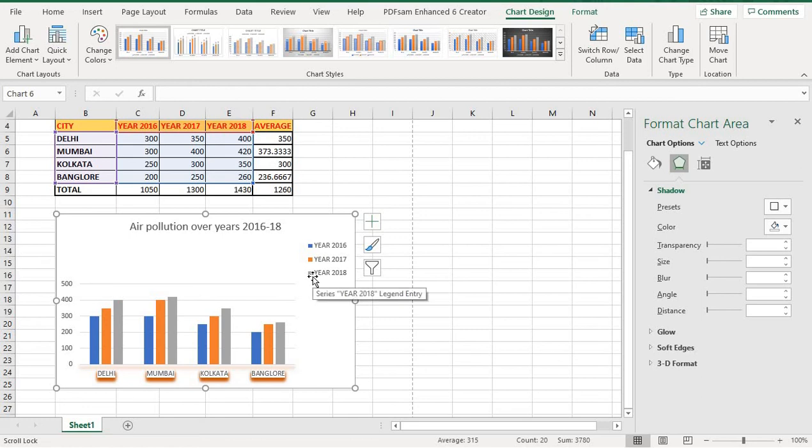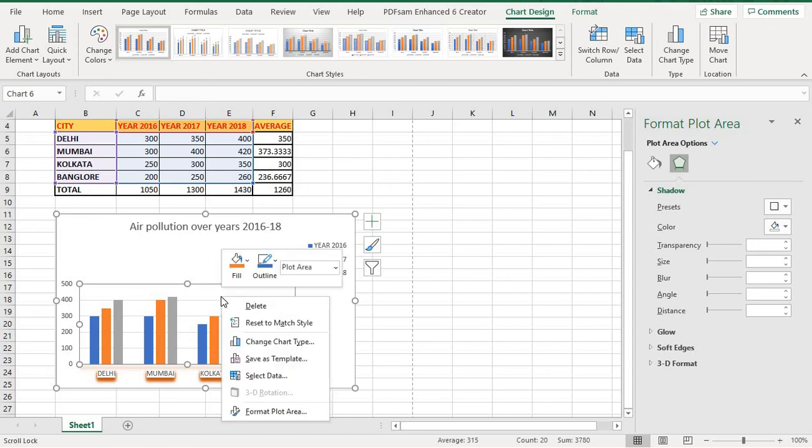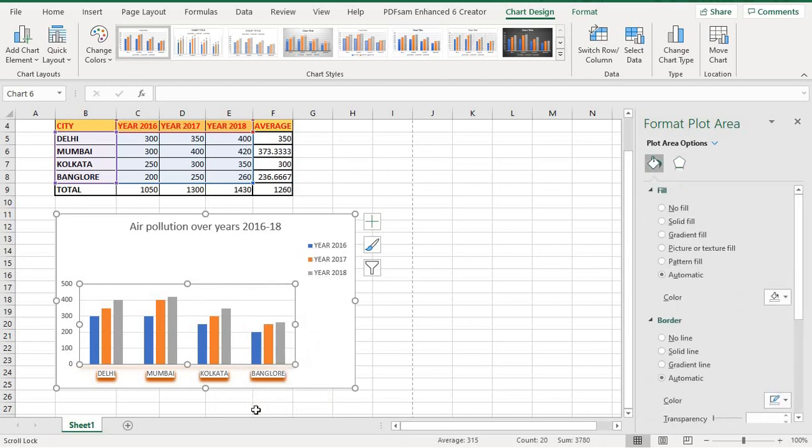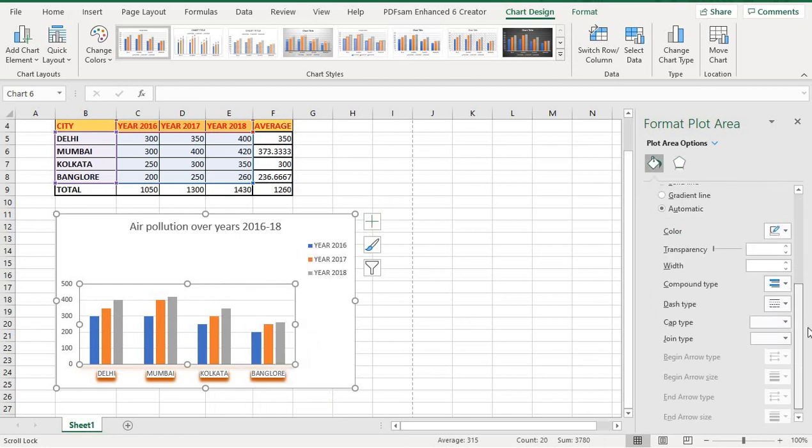Now the next one is how to format the plot area. Select the plot area. This one is the plot area where your actual chart is displayed. Click on it, right click on it, then select Format Plot Area. There will be a border line.